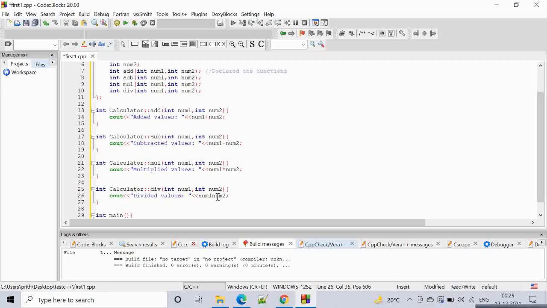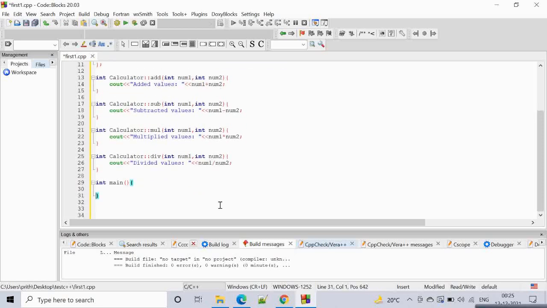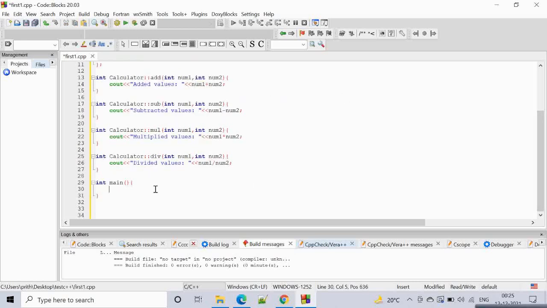And now coming over here in the main function, you have to create an object of this class. The class is just kind of a template, so you have to create an object in order to use the class. How do you do that? Very simple. Calculator ob, which is a variable we have declared, just like int i.